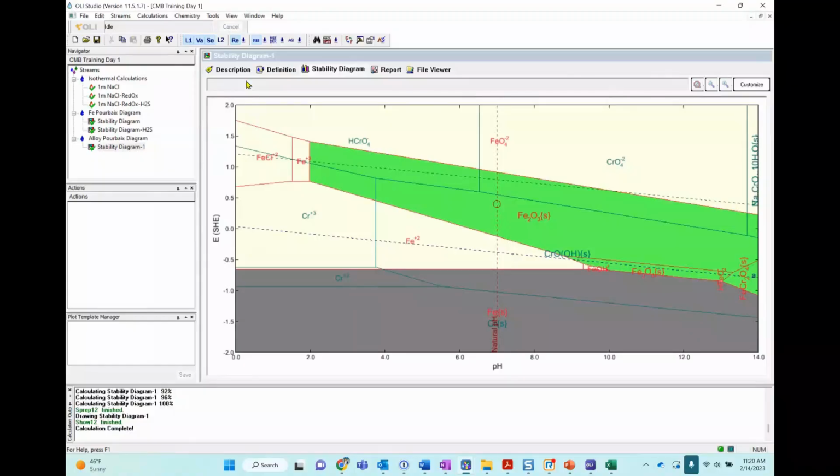You'll see that the iron is in red, the red lines, the red colors, and the chromium is the bluish, turquoise type of color.